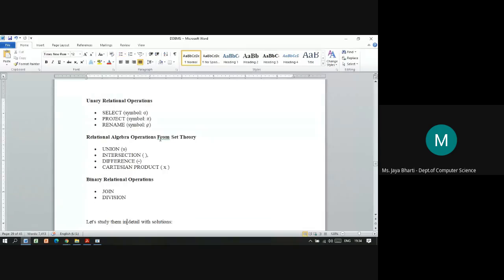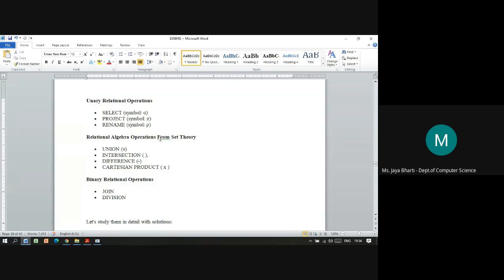Now, there are unary relational operations. Unary relational operations are those where we have a single operand. Which are the unary relational operations? Select, project, and rename, where we have only one single operand.